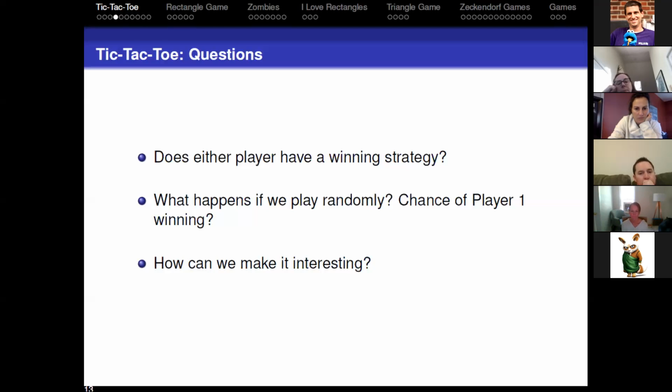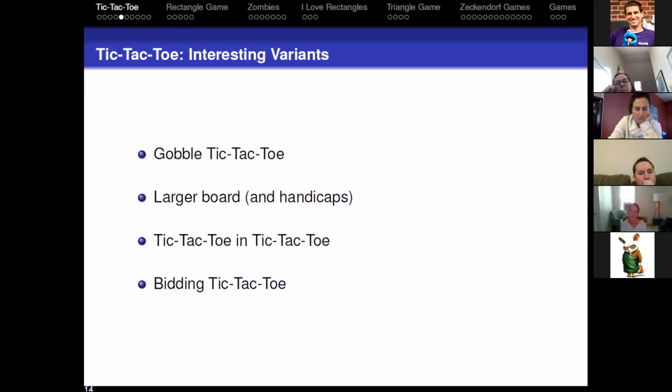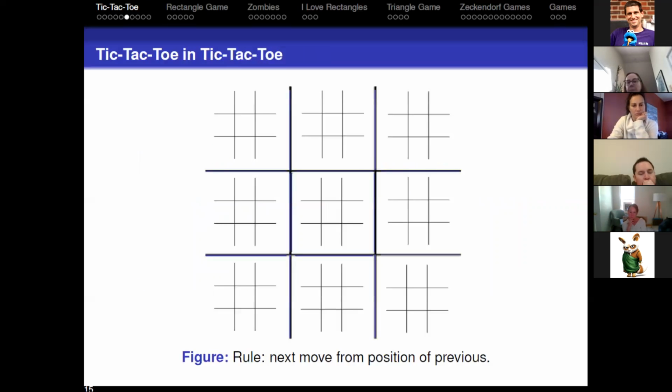The other thing which I love to do as a mathematician is, can I make the game interesting? And there's a lot of different ways to make tic-tac-toe interesting. So I'm going to talk first about tic-tac-toe within tic-tac-toe. There are two different ways to play this. And the rule is that if you move in a square, the next move is determined from the position of